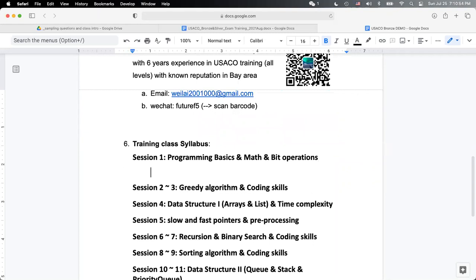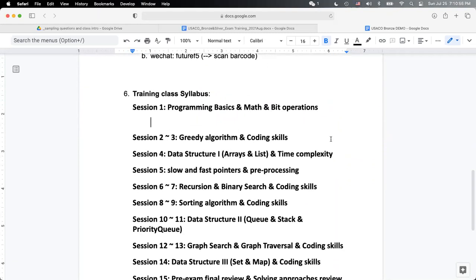All right, let's get started. So let's start with session one. Session one: programming basics, math, and data operations. So what I mean by that,